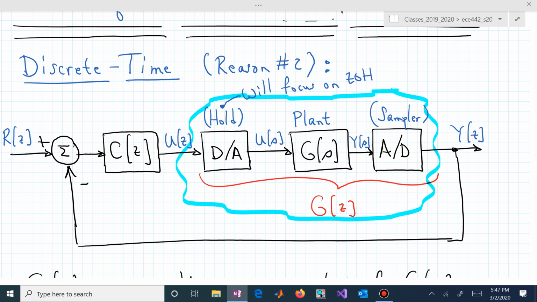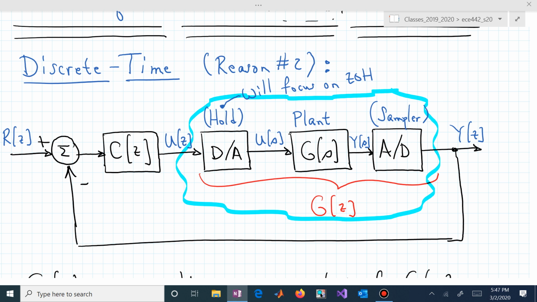But now, before we can do that, in order to design those, we have to have a capital G of Z. Somehow we now need to turn this analog plant, this robot arm, this DC motor, this vehicle, this mass spring damper system, this chemical plant, whatever G of S is, we now need to convert it into a G